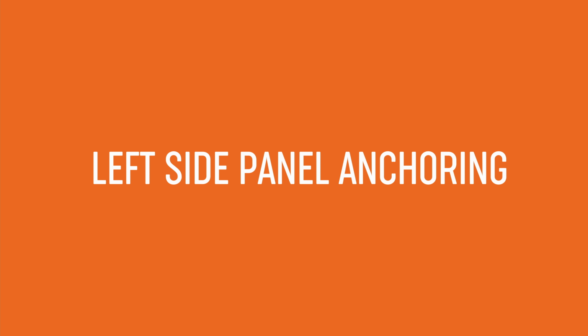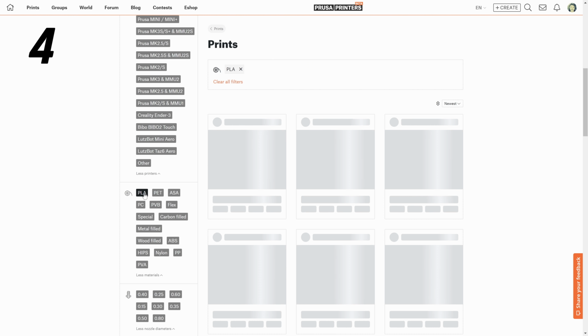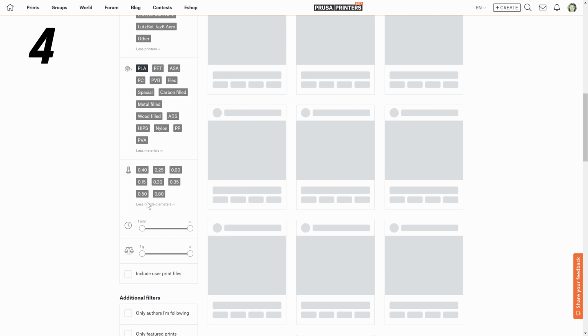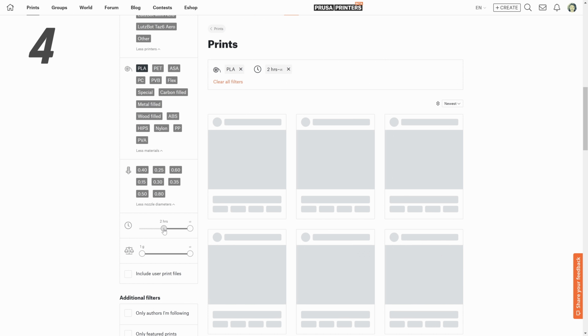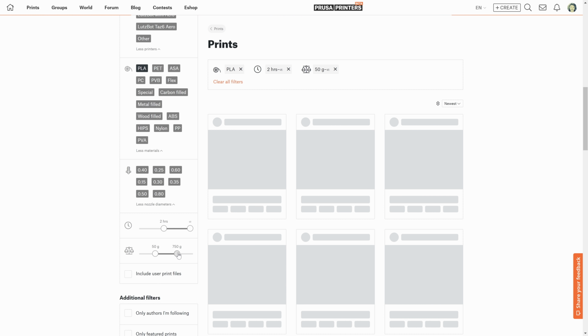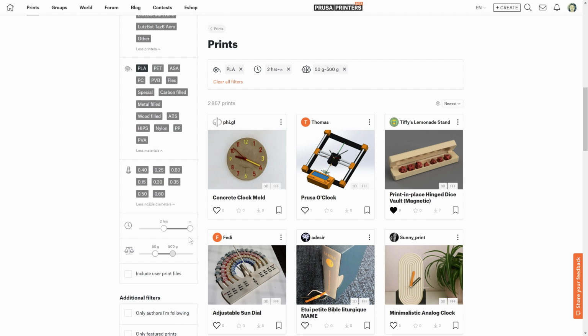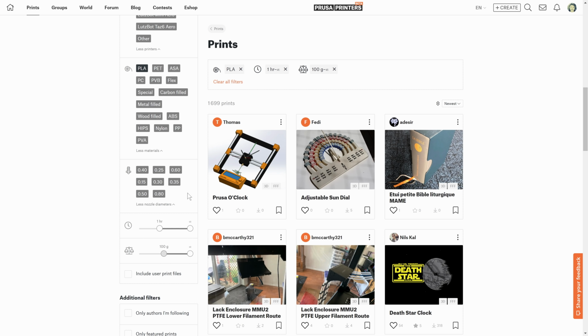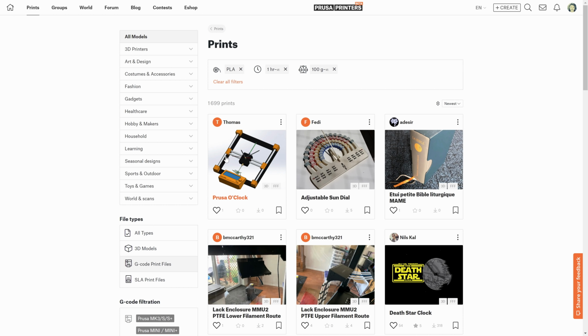When adjusting the filters in the left panel, we've anchored its position so that you can easily adjust the values and see the search results refresh. The small side effect is that when you scroll up after adjusting them, it will now be scrolling the side panel because the models are already on the first page, but we think that looks fine.